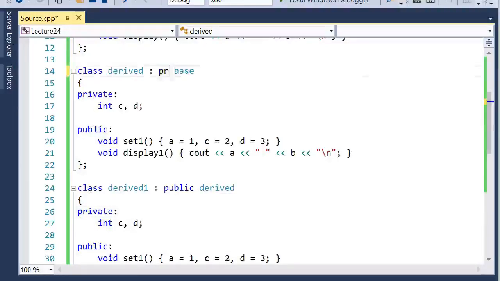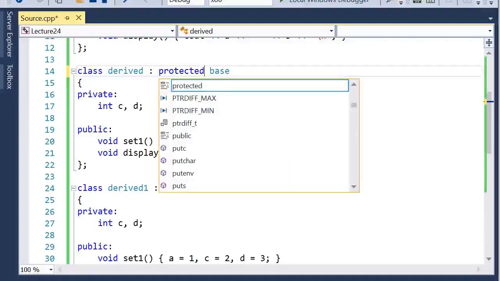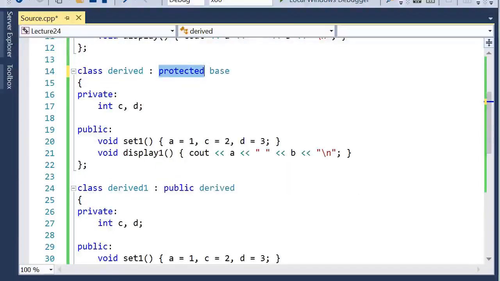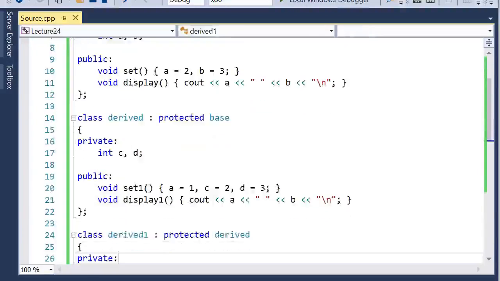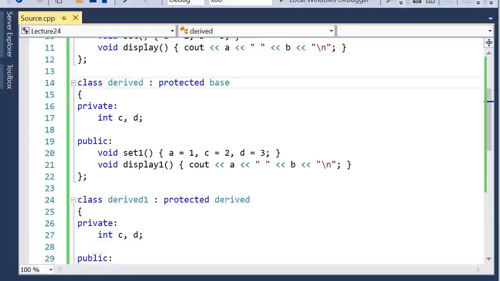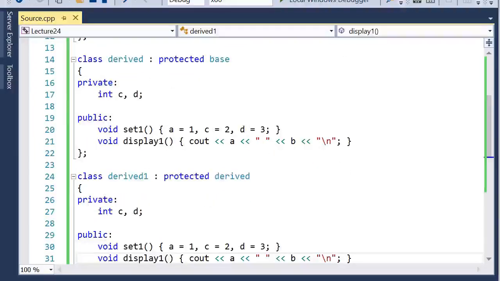Even if you change this to protected here, the meaning is still the same. Since this A and B protected member variables should still be accessible by both these derived classes, that is derived and derived one, the compiler is not showing any error. It is still able to access these member variables from the base class. But if you specify here